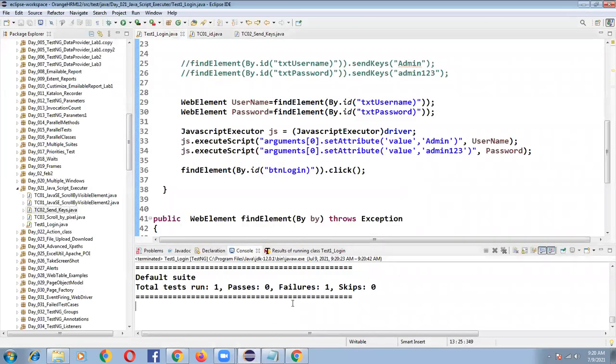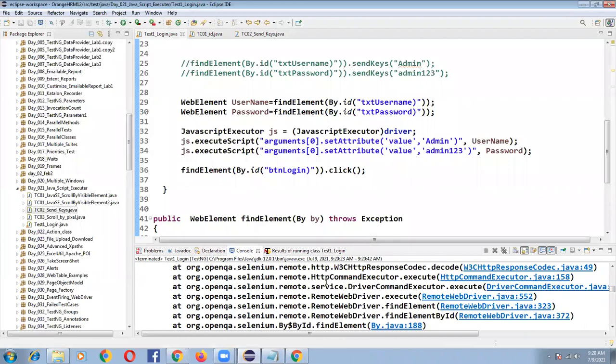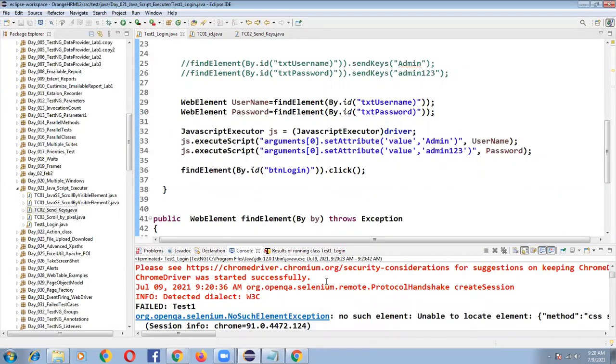One second. Why is it not working? Element information, session ID, no such element location.